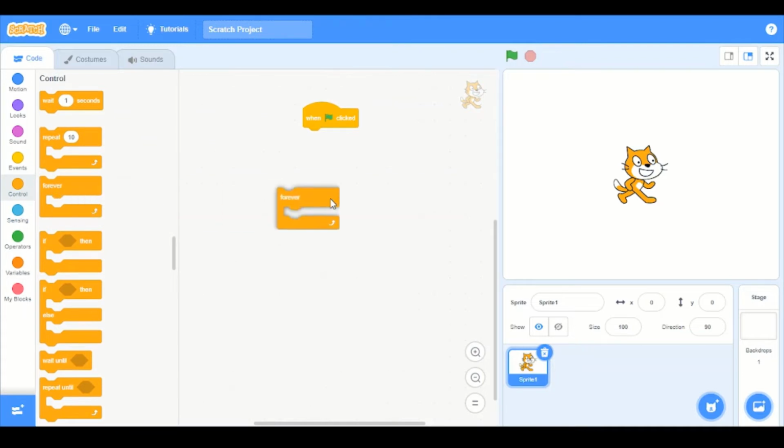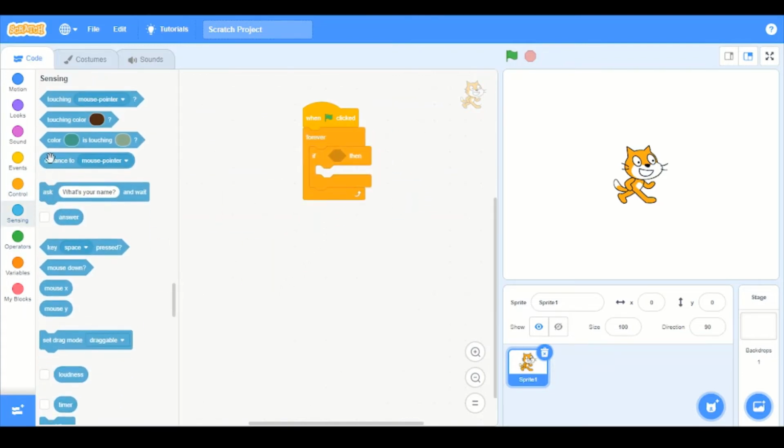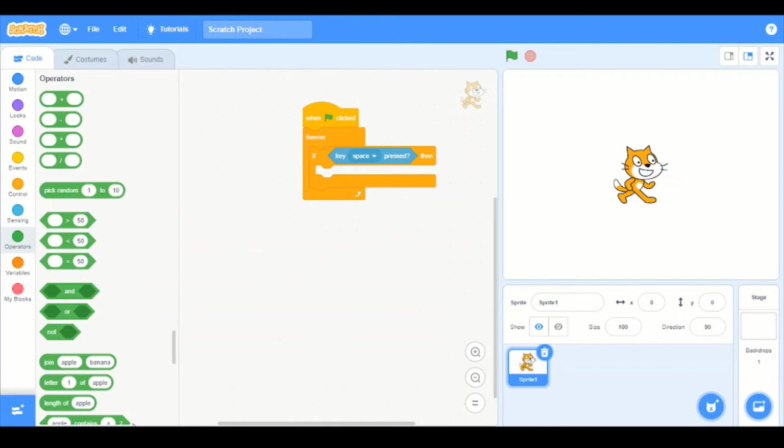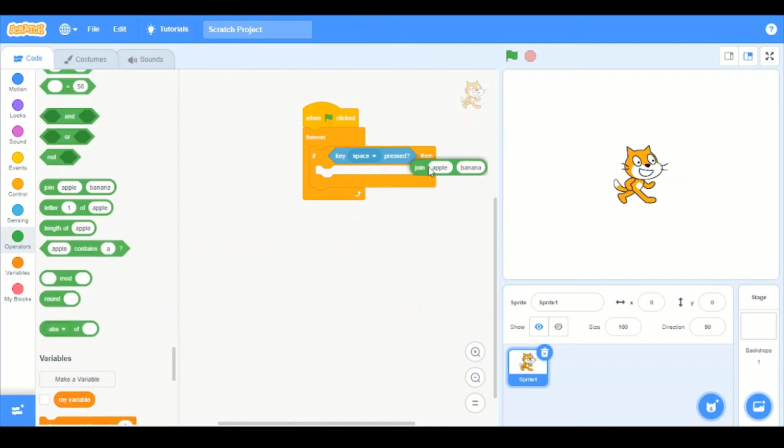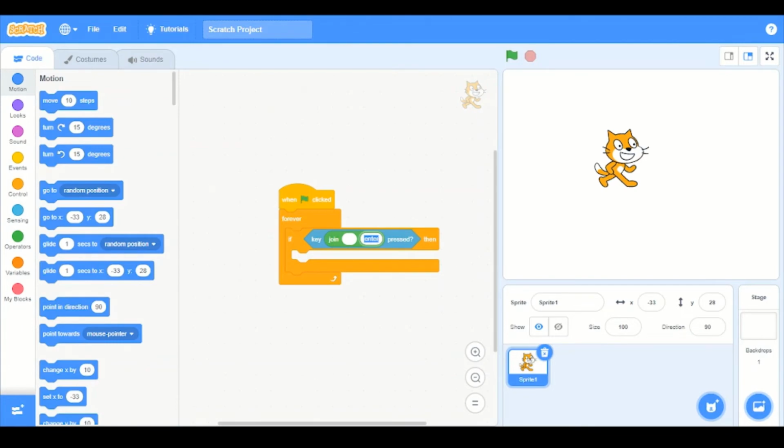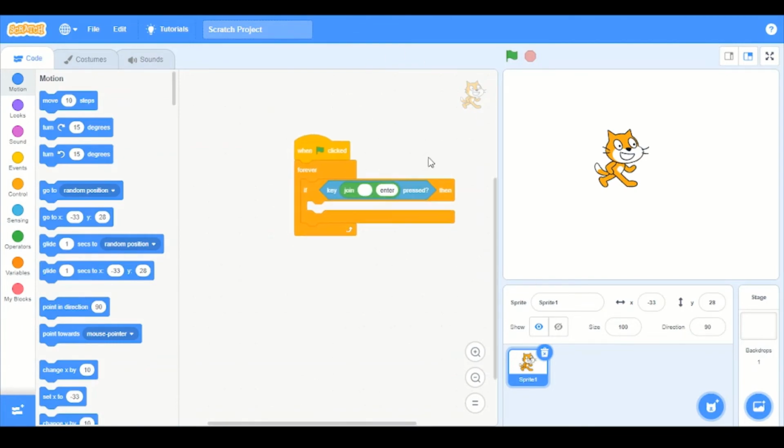control, forever, if, sensing, key, and then you want to go to your operators and get join. Okay guys, so you want to go to your operators and write "enter" in this one, and then